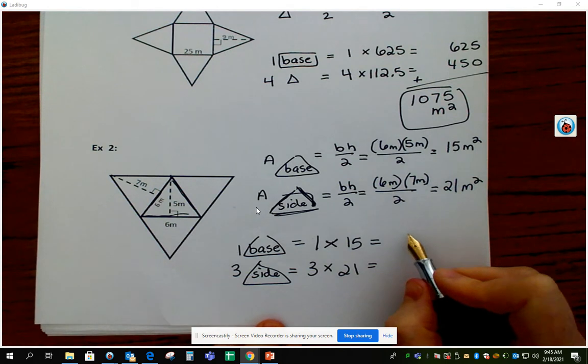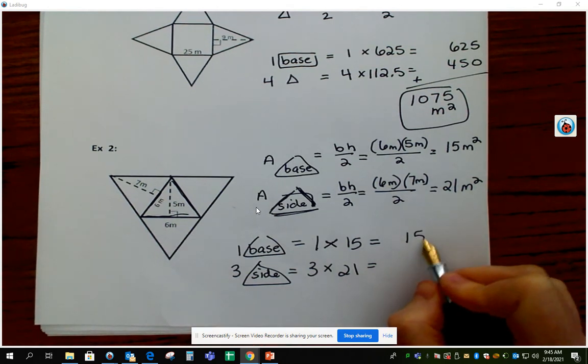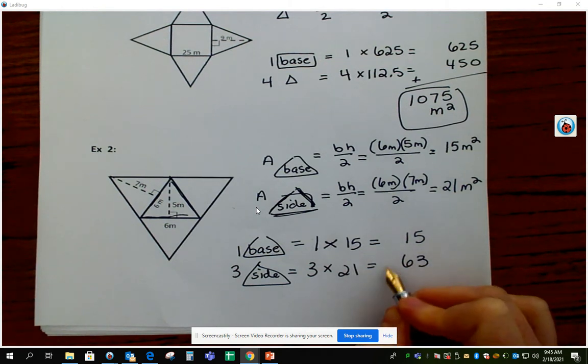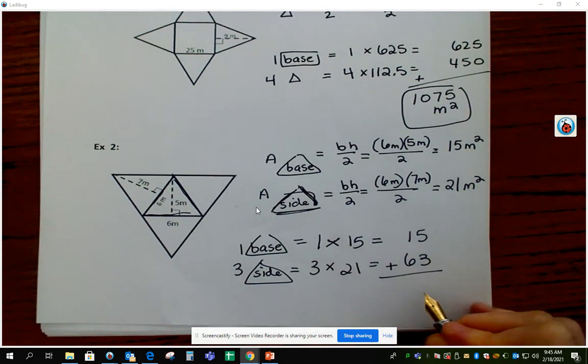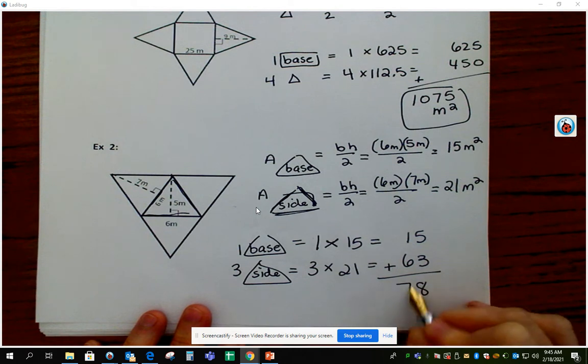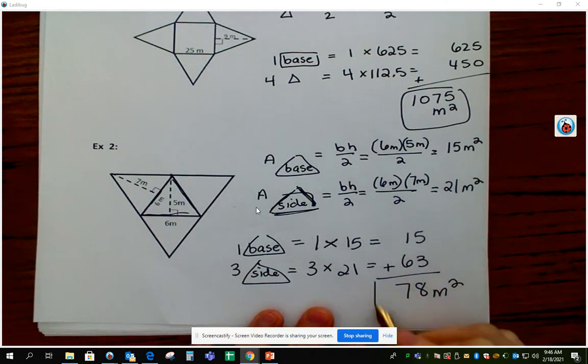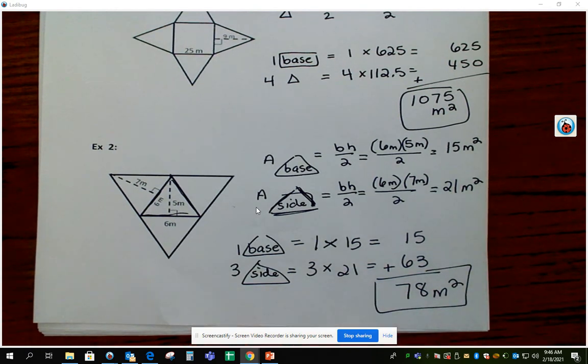1 times 15 is just 15. 3 times 21 is 63. And then I add them together. Okay, so I've got 78 meters squared for my total surface area there. All right,